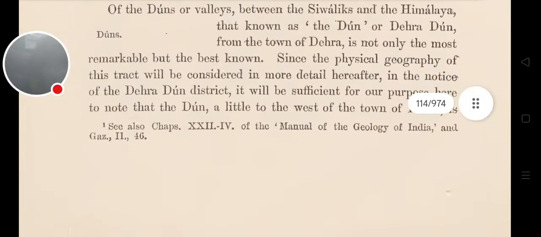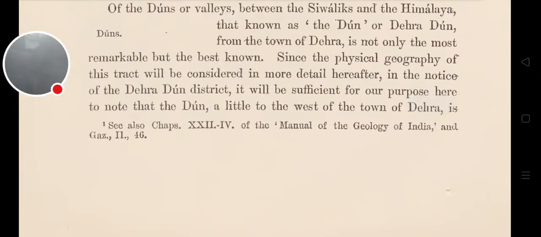Dunes. Of the dunes or valleys between the Shivaliks and the Himalaya, that known as the Dune or Dehra Dune from the town of Dehra is not only the most remarkable but the best known. Since the physical geography of this tract will be considered in more detail hereafter in the notice of the Dehradun district, it will be sufficient for our purpose here to note that the dune a little to the west of